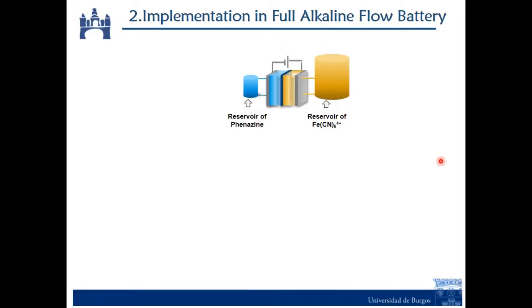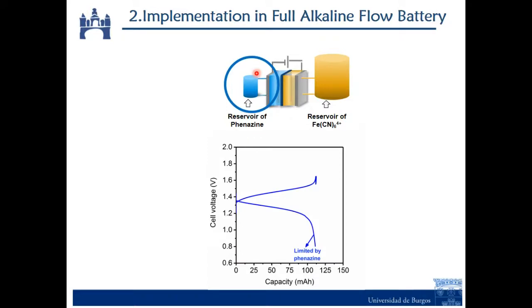So then we implemented this concept into a full, let's say, full alkaline flow battery. We actually implemented it in several chemistries, and I'm focusing here on the phenazine and ferrocyanide. So basically, we assemble a battery in which we oversize the positive compartment. So we make this compartment very big. So the performance of this system is going to be limited by the negative side because it's very small. So we know the concentration and the volume of the phenazine, so we know the theoretical capacity, and actually